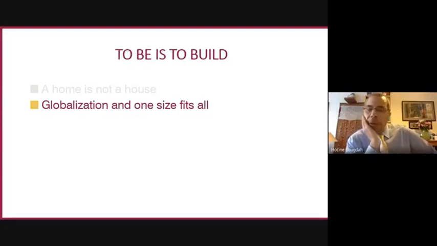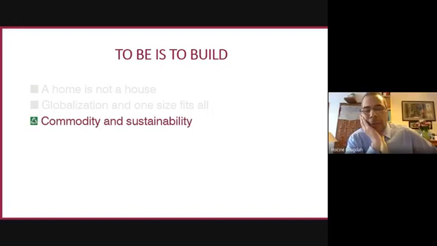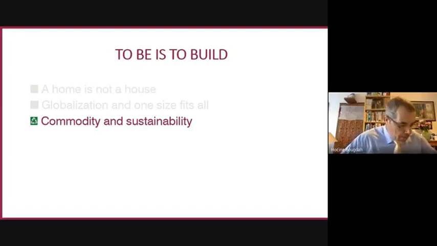And then I'll talk a little bit about this relationship between commodity and sustainability, and how there are two perhaps conflicting points of view, depending on where you stand. If you are the investment banker, then you see buildings and architecture and cities in a different way to if you are a member of the community who lives in those cities.